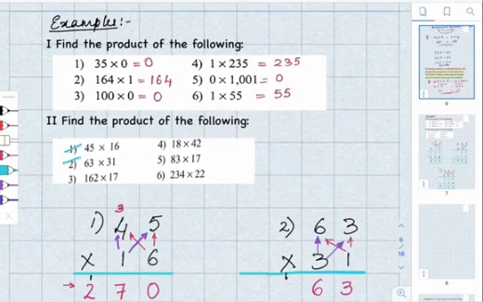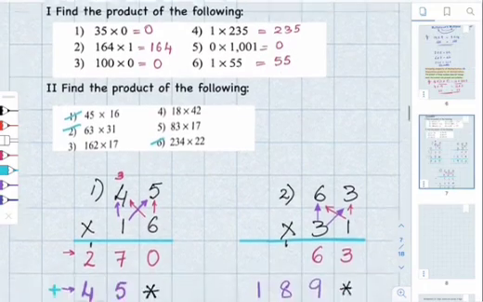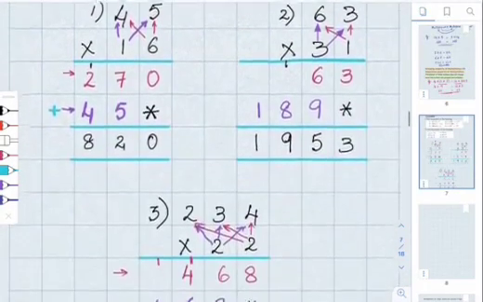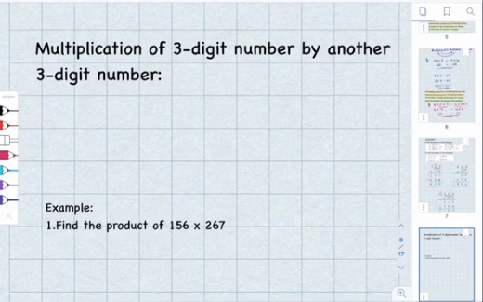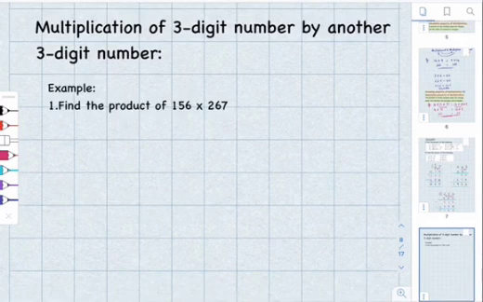These problems have been dealt here in this session. The remaining problems will have to be dealt as assignment. So we will learn multiplication of 3-digit numbers by another 3-digit number. We'll work out a few examples for better understanding. We'll start with an example itself. Find the product of 156 into